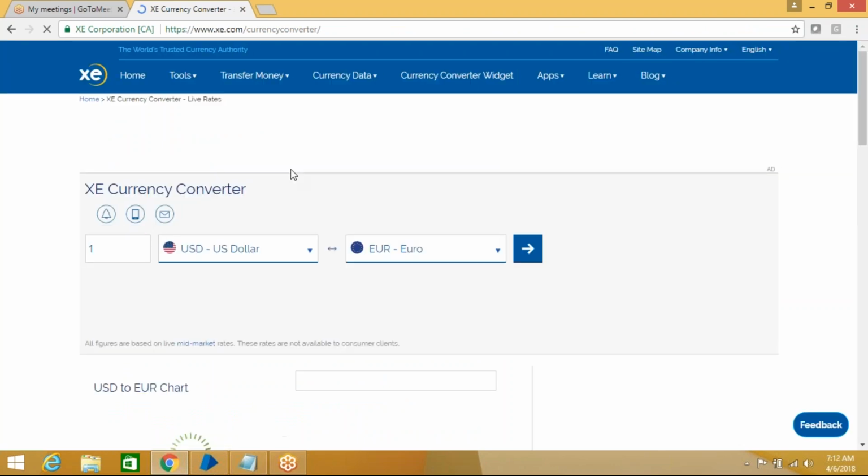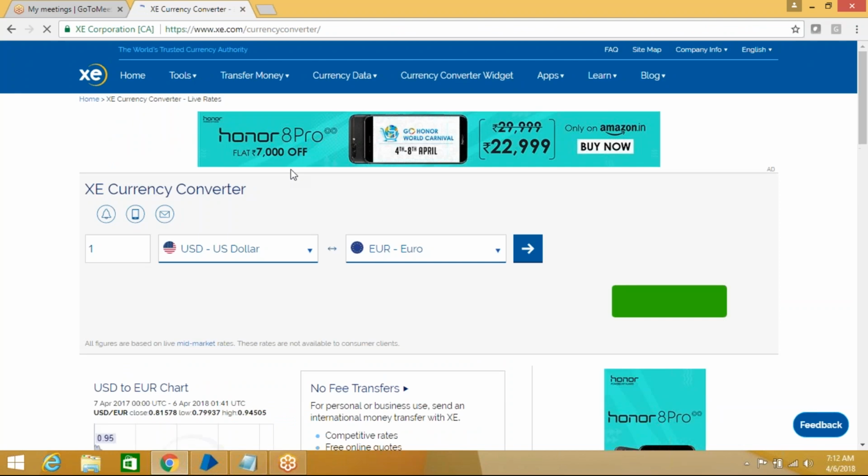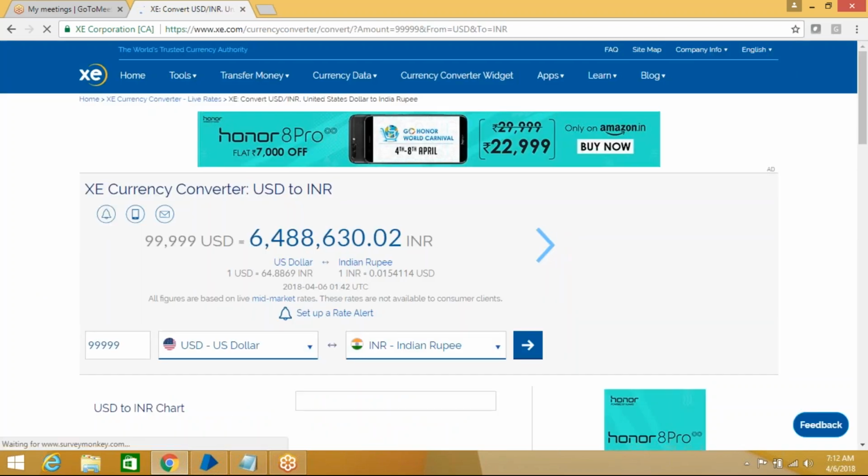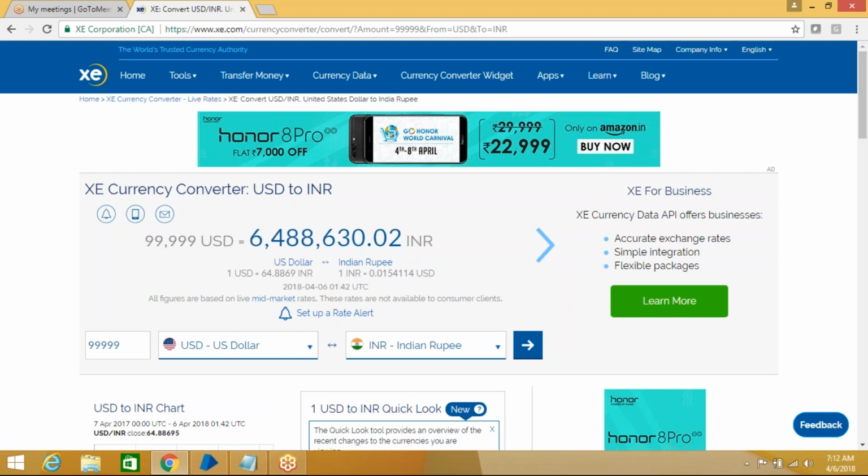What we are going to do is, here we have some values in an Excel file. Assume that we need to convert all these values into different currency formats. For example, I will give a value of 9999 or 99999. This value I need to convert from USD to INR. This is our requirement. Now it's converted, then you got the result. Same way,